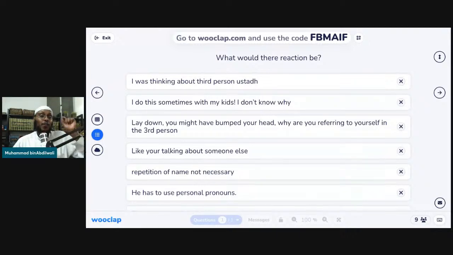واضح? And for first and second person, we always use pronouns. We never mention them by name. That's why we have verbs and we have personal pronouns. We said that verbs in Arabic are always attached to a pronoun. That's the link between verbs and nouns. First thing we said is a verb has to have someone who did it. And that person who did it is expressed within the verb by way of a pronoun that it points to.